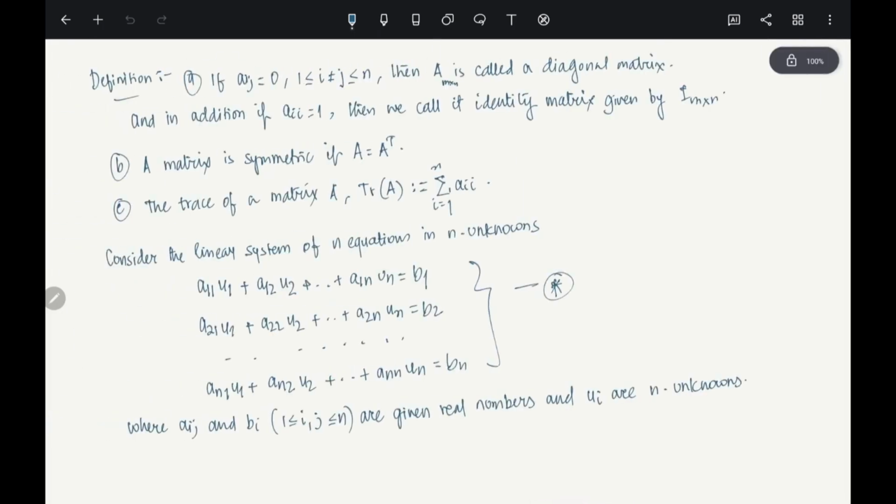If we put it together, we can write it like this. If one defines A to be the matrix A_ij, which will be an n cross n matrix, then star may be written as A u equals b,